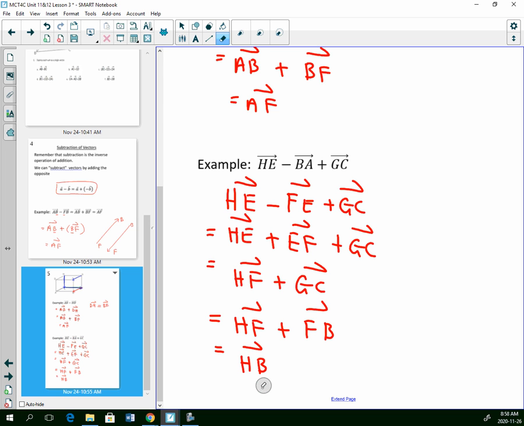Okay, so that's all we're going to look at right now for vectors before we get into our addition of vectors as applications. Subtracting